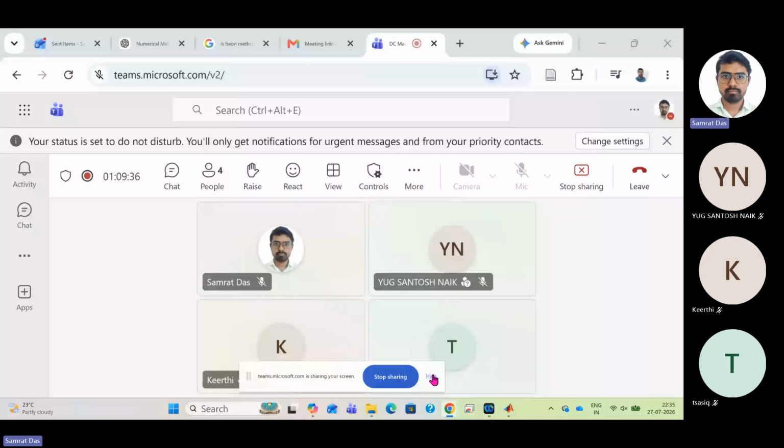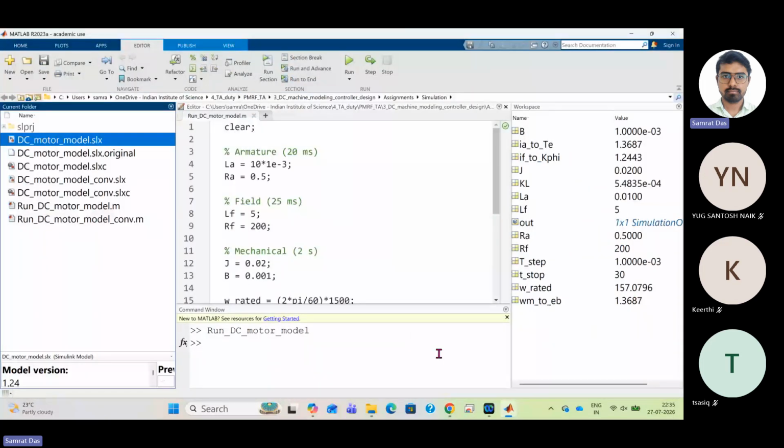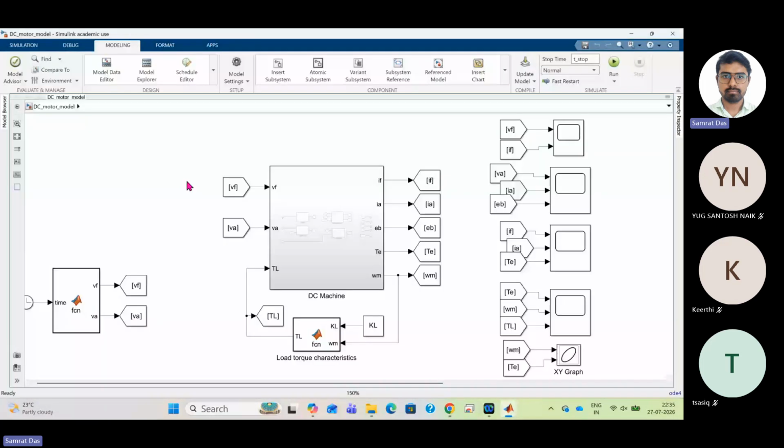I'll unshare and I'm going to share my screen. Right, this is the